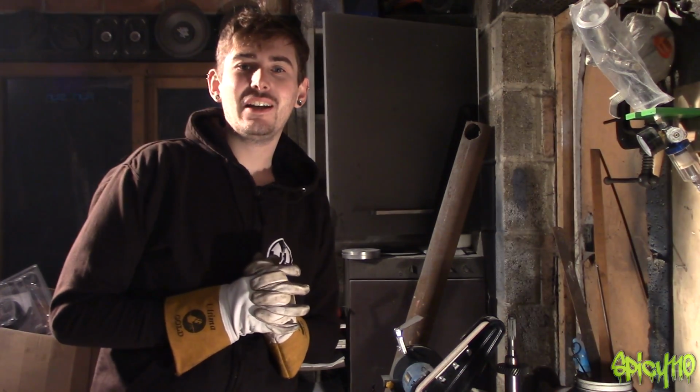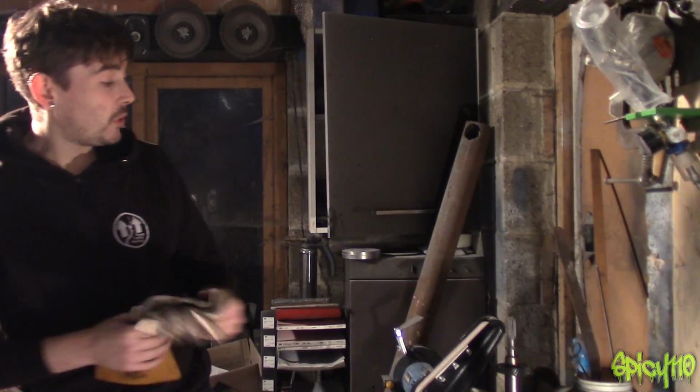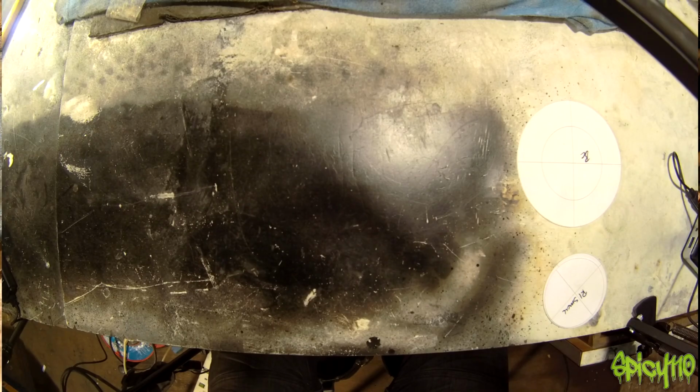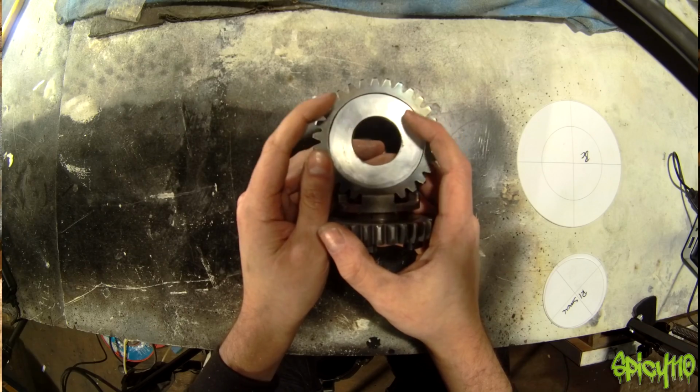It is at this point I realised I forgot to put my gloves on. Silly me. Oh well. At least it was quite shielded in there, so it shouldn't have gone on my hands too much. Okay, so now that's welded, it's time to sort the carbon fibre out